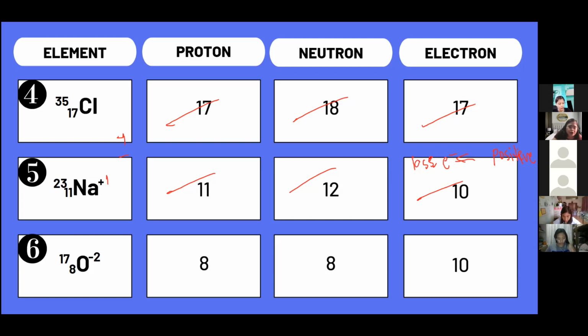Now, that is also true for oxygen. Oxygen ion, we have 8 and 8 here for protons and neutrons. They don't change. But we have negative 2 here. Pag ang charge gani class negative, it means na-gain ang atuang element ug electrons. Mao na nga mas daghan ang iyahang electrons compared sa iyahang protons. Parehas ani, negative 2 ang iyahang charge. It means it has 2 more electrons kaysa sa iyahang protons. So kung yung protons kay 8, meaning ana, naa siya 10 kabuok na electrons.